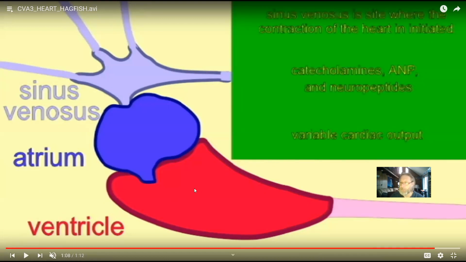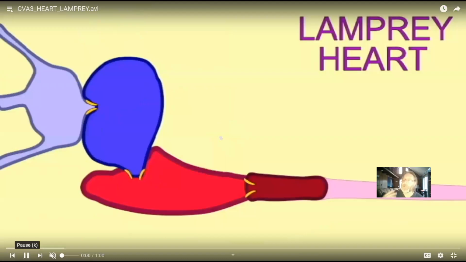Right, and so this is muscle, but the fact that it's only getting deoxygenated blood, there are no coronary blood vessels, means that it can't work very well. So hagfish hearts clearly are more similar to those of the higher vertebrates than any of the invertebrates, but still the most